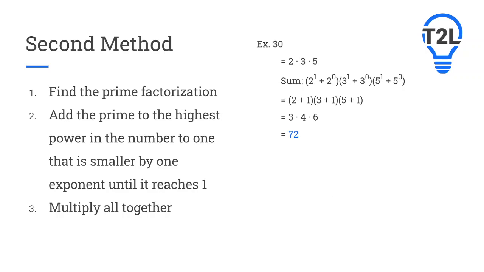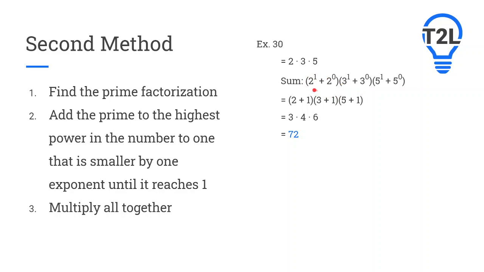Okay, so with this one, looking at 30, once you prime factorize it, you have 2 times 3 times 5, and that's the prime factorization. Now, what you want to do next is individualize each term. 2, 3, and 5 are separate terms, so there are 3 total terms, and you want to individualize them and group them